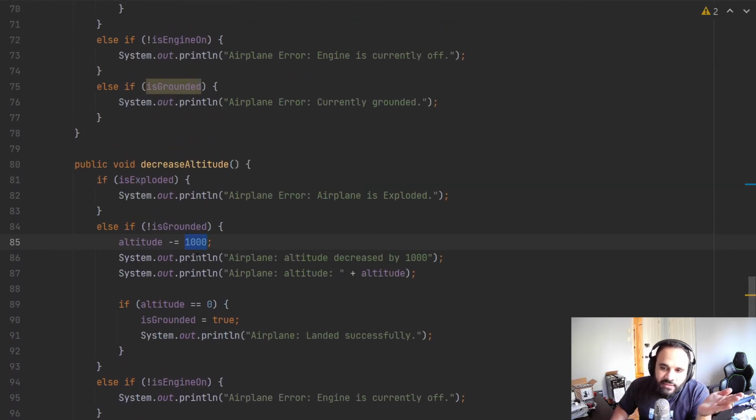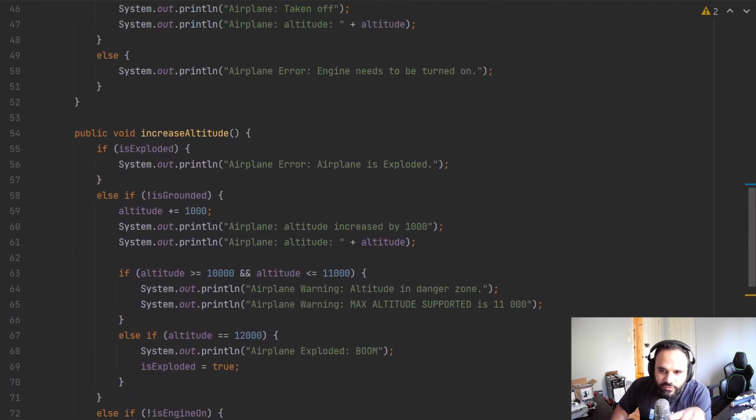The problem comes down to one day your boss comes to you and says, well, the client doesn't want 1,000 for the rate of change. Now they want it to be 10 or 20 or 30. Well, you've got to make sure you go to every one of those spots and change it correctly. If you missed one, your application will crash. If you missed one, you might get a logic error, which is the worst of all errors, right? So there are a lot of issues that could happen by having these so-called magic numbers or magic values,